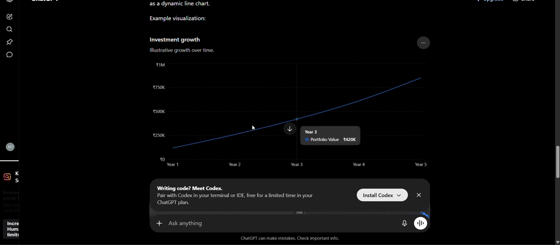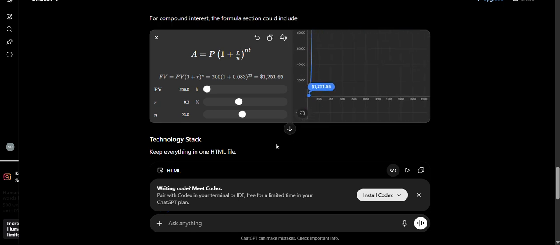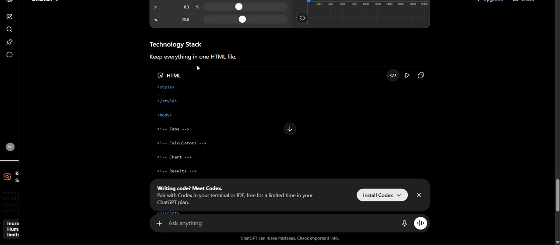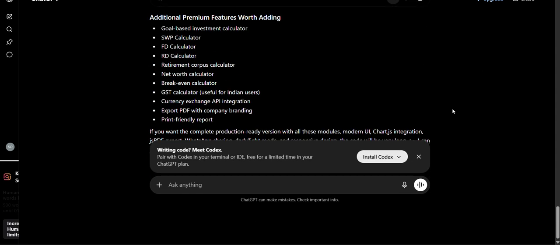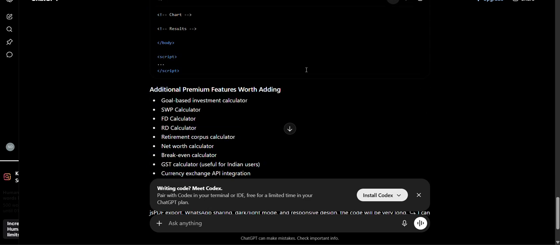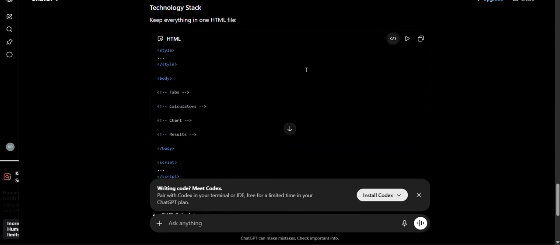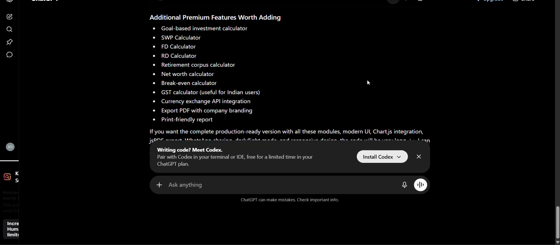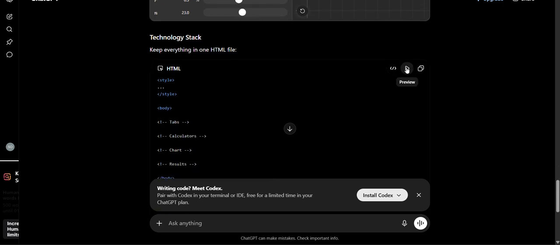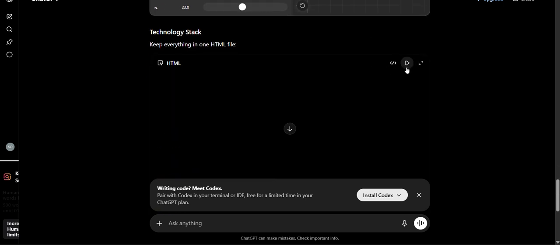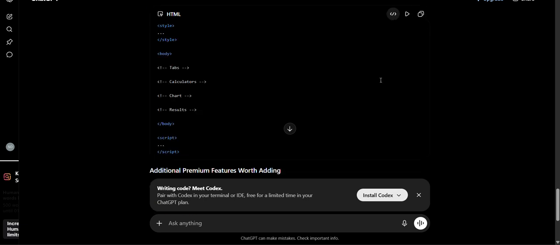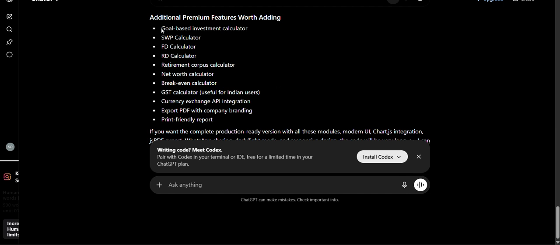And here as well you can see the amount and growth, and then it comes, yeah, okay, so these are the additional features. Let's see. For now, let's play this. Okay, so it has not created any